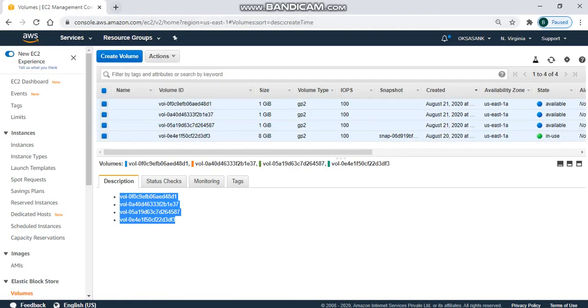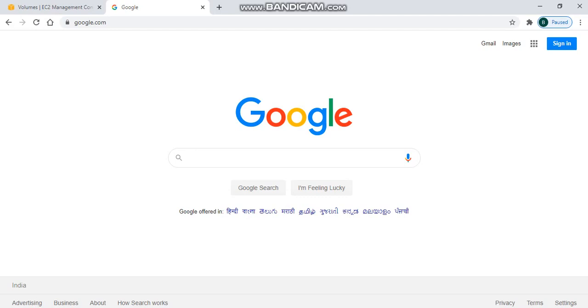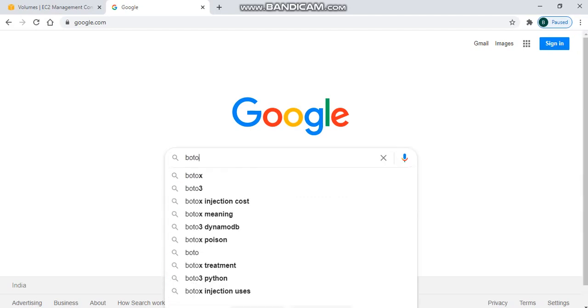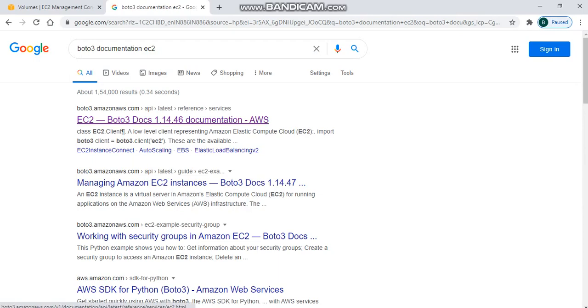For this, let me open Boto3 official documentation. You can go through this documentation, which will give a method to fetch as per your requirement.